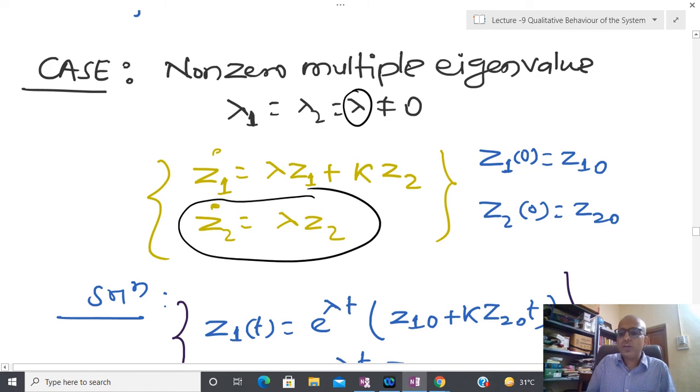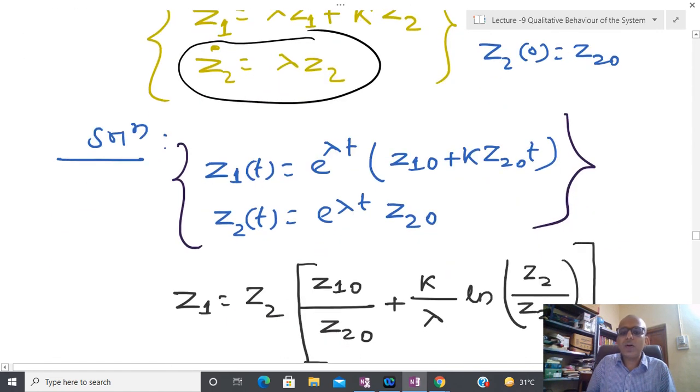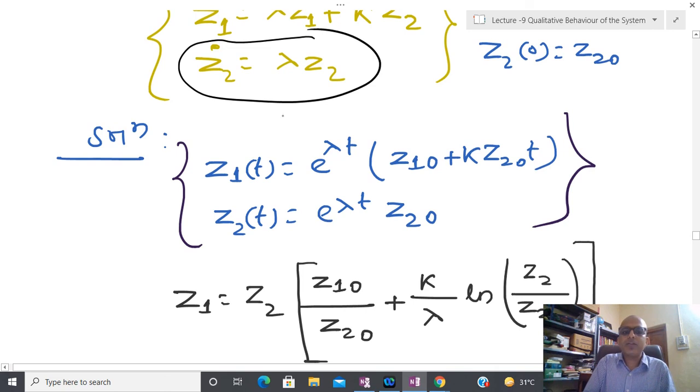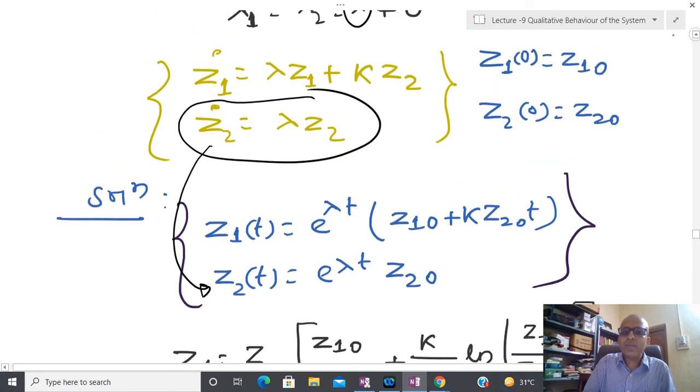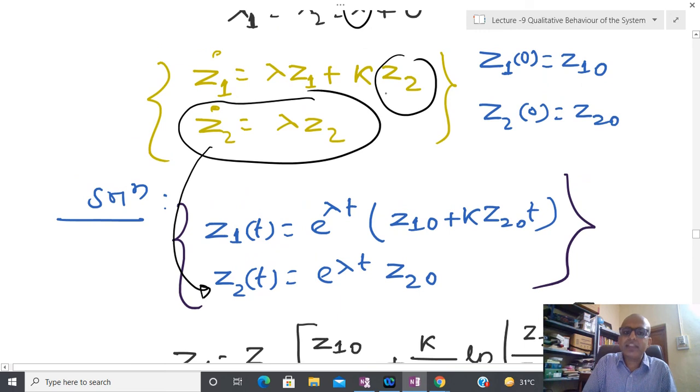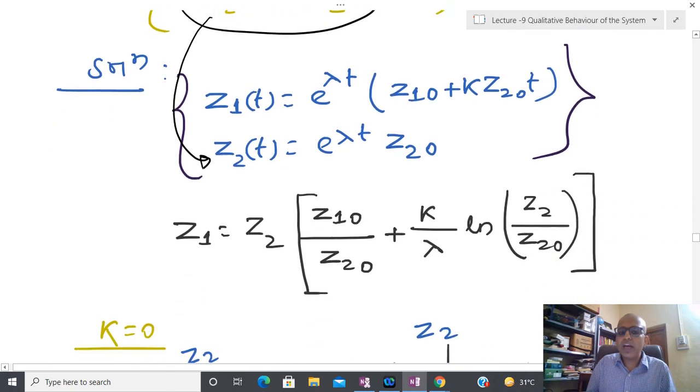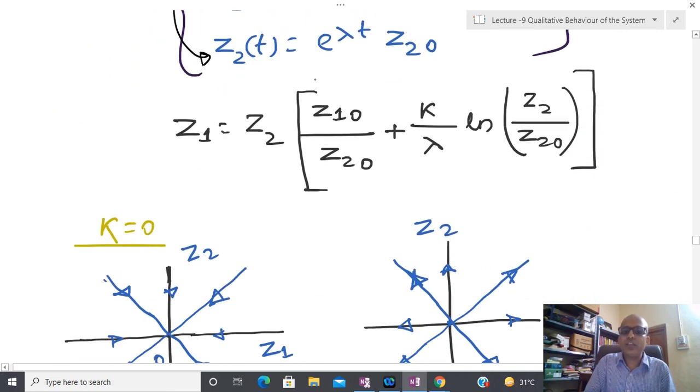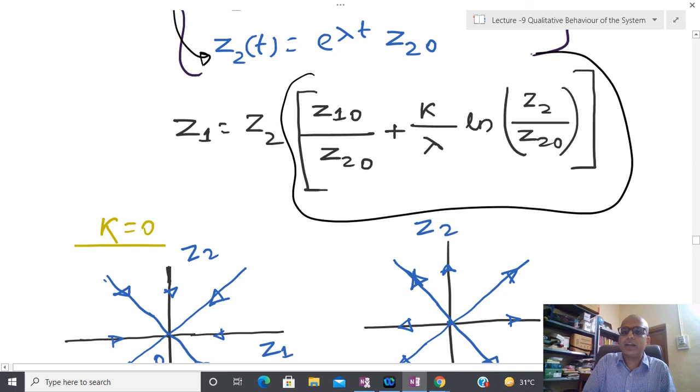you will solve, and if you will plot, so please check it, because first you can solve this, so the solution is easy, and after that what you can do, you can substitute z2 here, because I know the solution, so you can substitute z2 here, and after that you can solve the equation. So in this way you can solve the equation, and after that you are able to see the plot between z1 z2. This whole quantity is just a constant, because